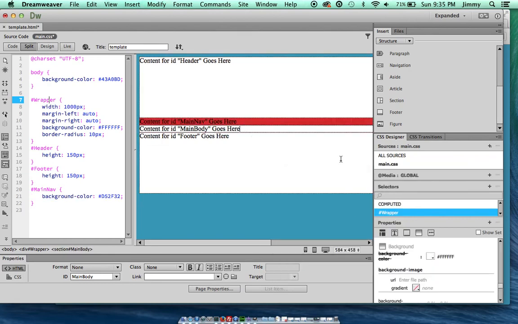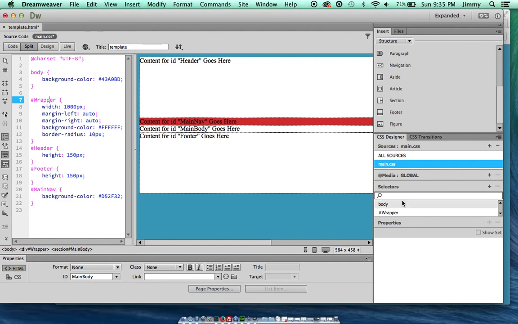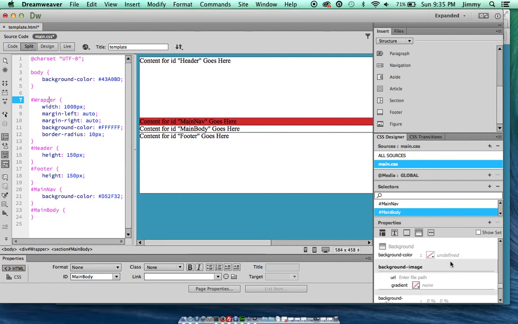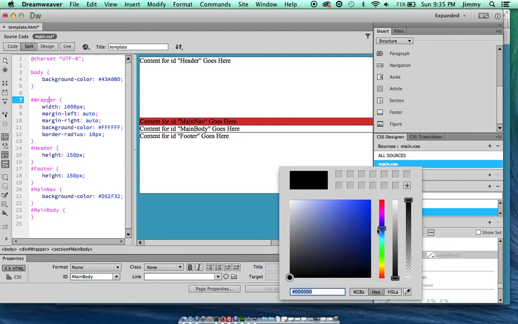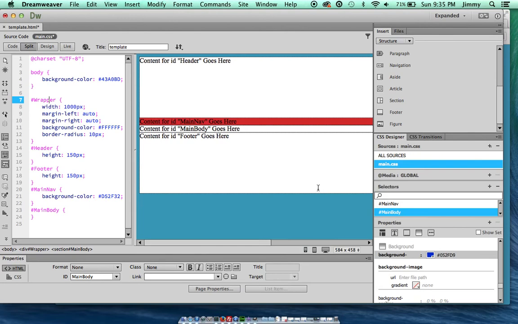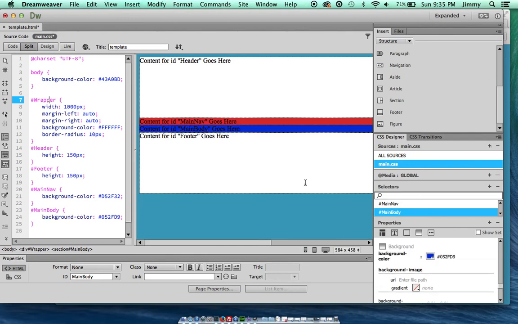And I'm going to do the same thing with the main body. I'm going to go to main CSS, add the selector, pound main body, go to background, and change the color of it, make it blue or something, and then the footer, footer and header will leave as they are. So if we preview this in Firefox,